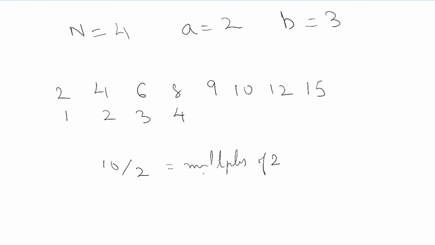So for example, in the range 1 to 10, we have 10 by 2, which will be 5 multiples of 2: 1, 2, 3, 4, and this will be 5. And let's just say in 15 we have 15 by 2, which will be 7. So 1, 2, 3, 4, 5, 6,